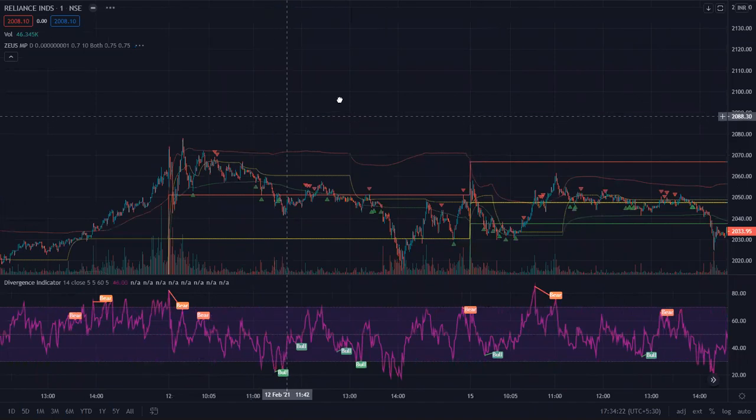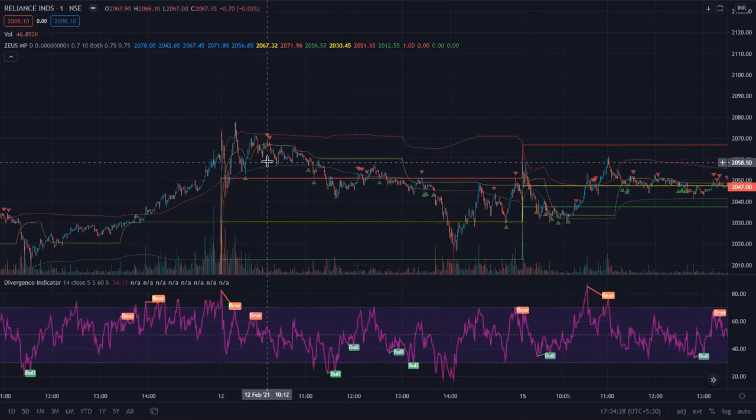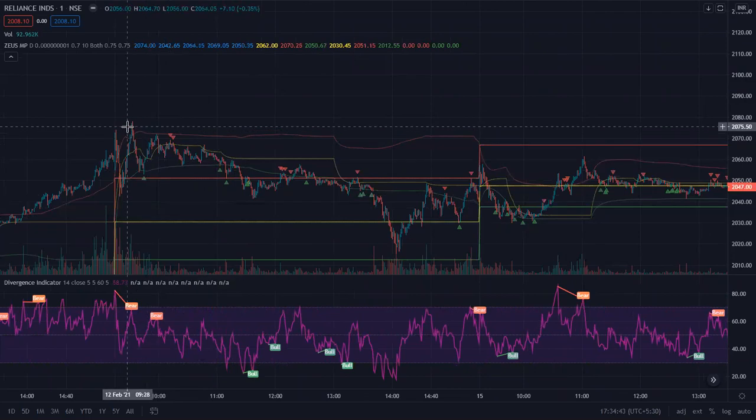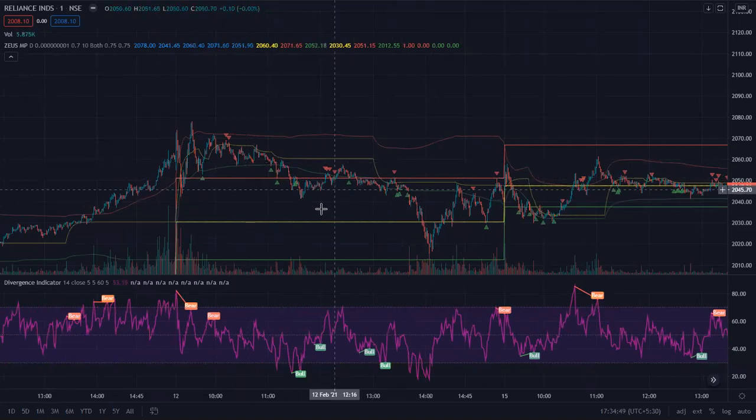Let's talk about this trade. Okay, so you see how at this high the divergence was here, and at this point the divergence is here. At this point, almost to the same level, the divergence is much more. This is about at least 10 points apart on the chart. But you can clearly just visualize this and see how it's resisting and the divergence are continuously plotting lower and lower. So the market is likely going to now take a short outlook towards it. In this case, you can clearly observe